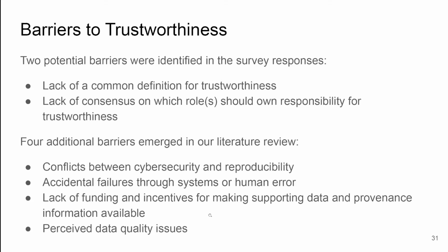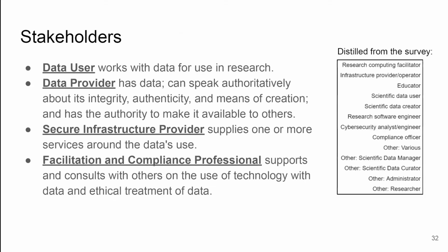That's an important consideration. So, trying to provide guidance for different people in different roles, we wanted to identify different stakeholders. And so we had the different roles in the survey here. We distilled them down into 4 stakeholders: data user, data provider, secure infrastructure provider, and facilitation and compliance professional. These are the users who work with data and research,